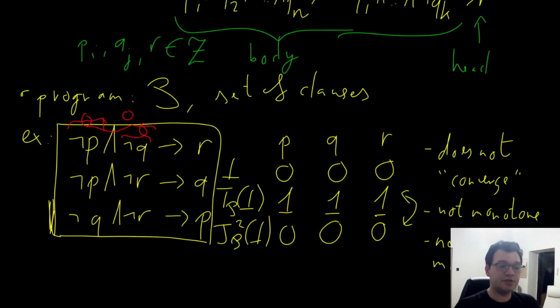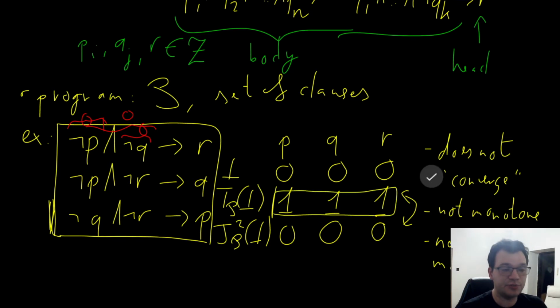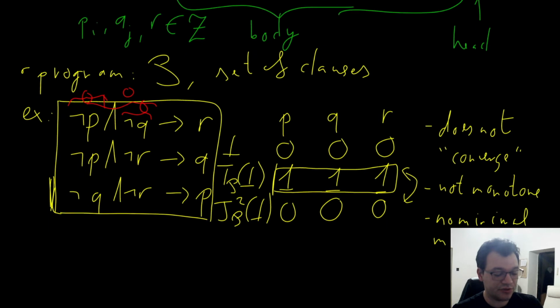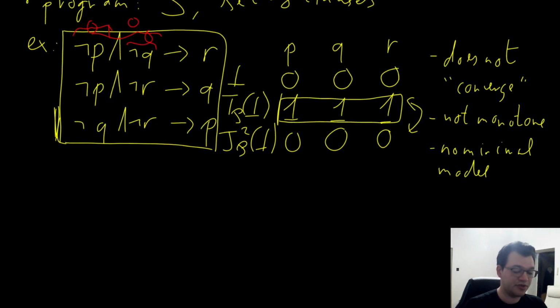So similarly as before, if an assignment is a prefixed point of the function TP, then and only then it is a model of the program. So for example here this is a prefixed point because TP of this is 0, 0, 0, which is smaller than 1, 1, 1, but it's not a minimal model, because if you consider all the models of these,